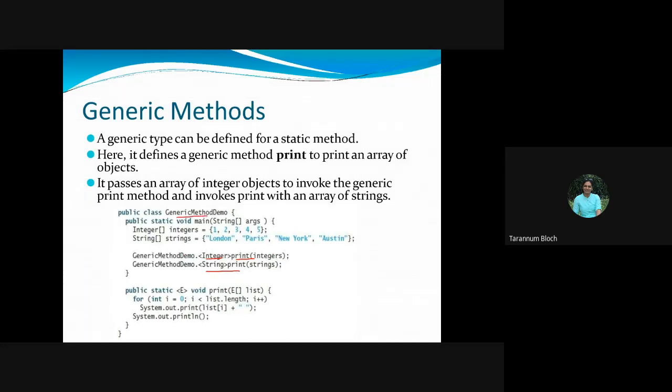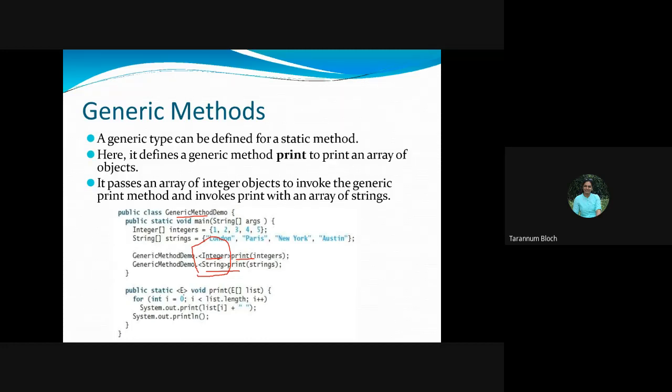But when it is generic, you have to specify the concrete type. You have to say for which values you are calling this. And that specification will be given in a triangular bracket, less than, greater than. In between you will write the type. Are you getting the point? It's a very simple thing. You can see over here.